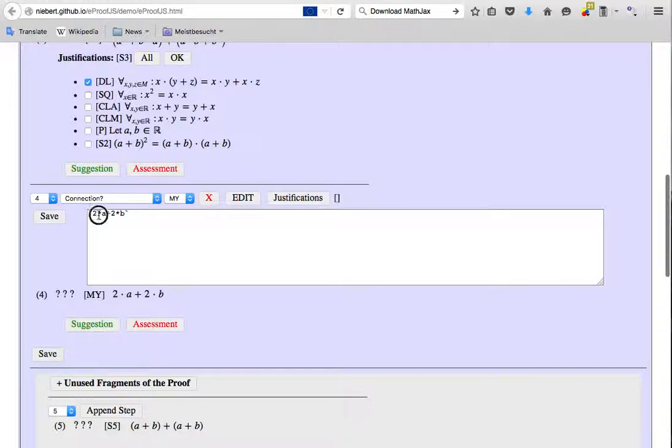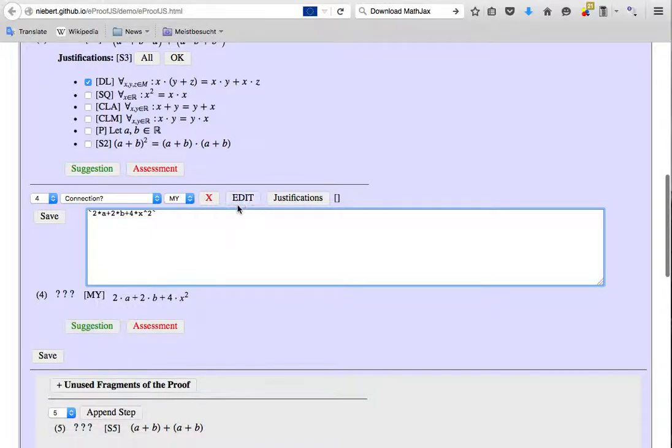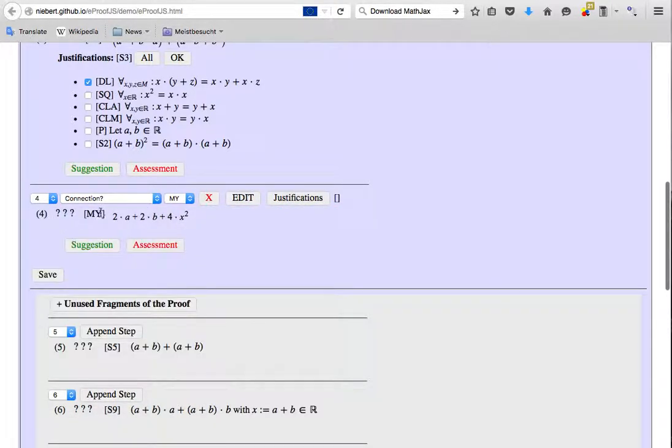For example, 2a·2b + 4x^2. If we save this, then the proof step is altered,